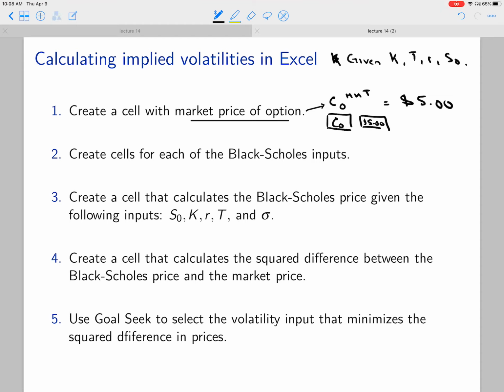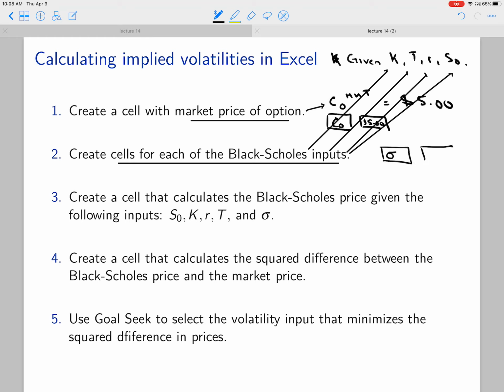Okay. Second step, you create cells for each of the Black-Scholes inputs. You know what K is, you know what T is, you know what R is, you know what S0 is, so these all get hard-coded in. But you also create a cell for a guess of sigma, and you just select some arbitrary number here. You just plug in anything. Say you put in 1.00, it's not going to matter. Okay, we're going to guess and check over this value of sigma to get the Black-Scholes price to match this